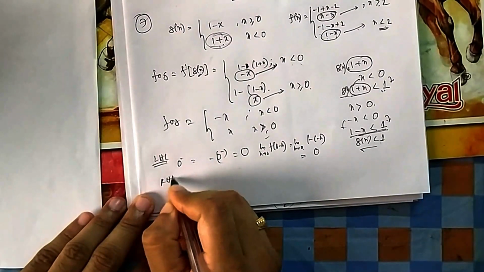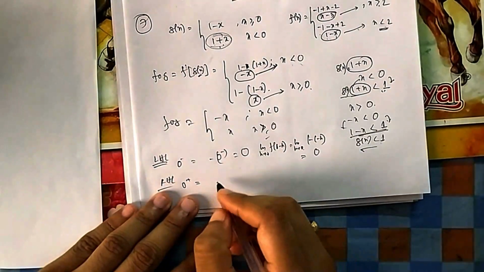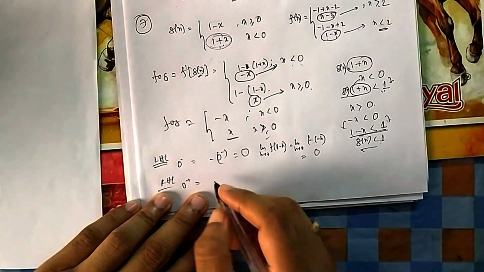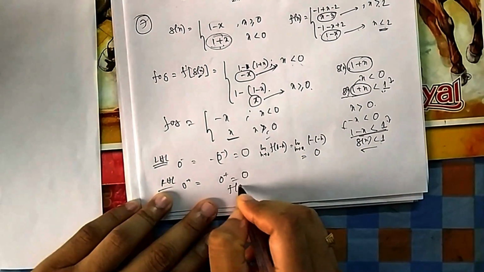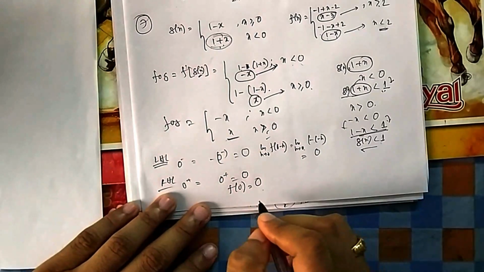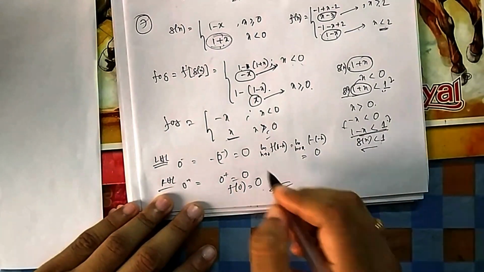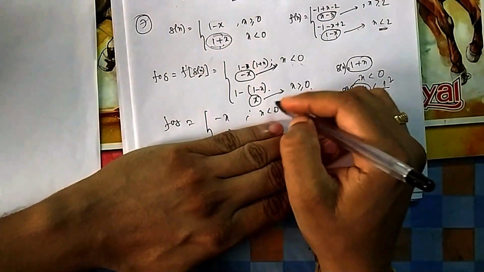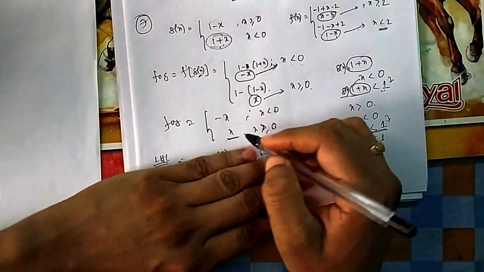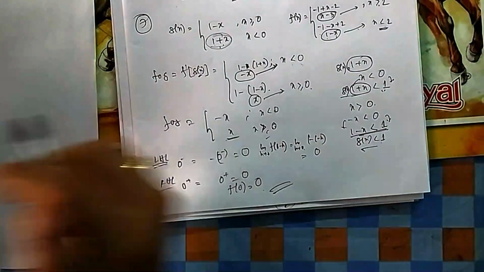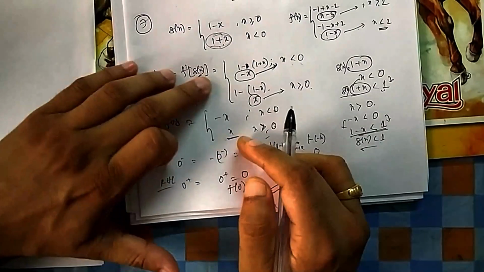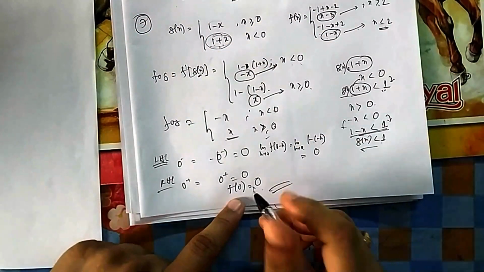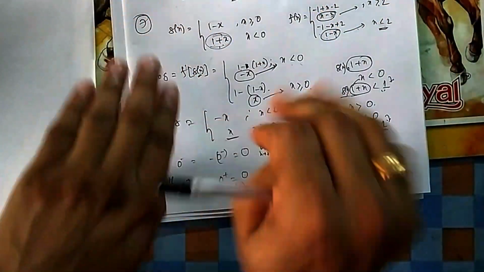Similarly you can go for RHL, 0 plus, again limit h tends to 0, f of 0 plus h, so it will be plus h again. For 0 plus you will be using this one, so it is 0. And what is f(0)? At 0 it is 0. So all three are equal, that means it is continuous at 0. At all other points, without 0, it is a polynomial. A polynomial is always continuous. Either you go for the less than 0 portion, it is always a polynomial, greater than 0 is also. So these portions are separately continuous, and they meet at 0 where it is also continuous, so the entire graph is continuous.